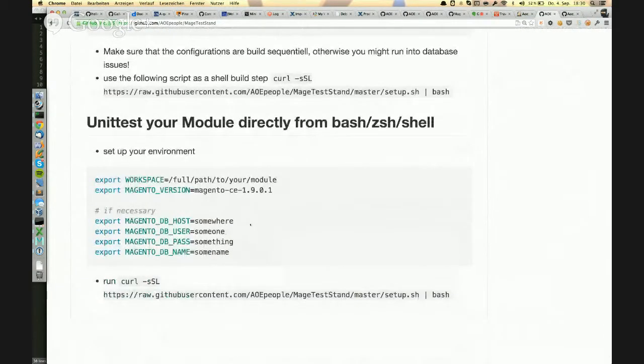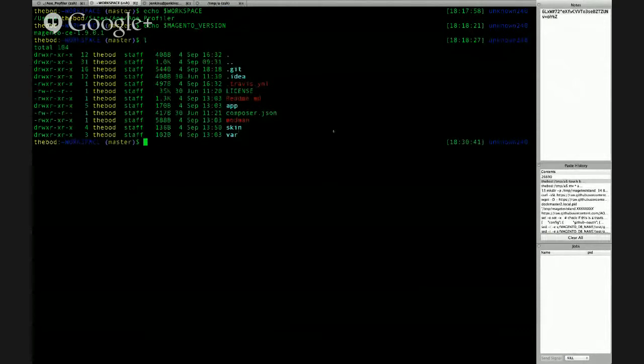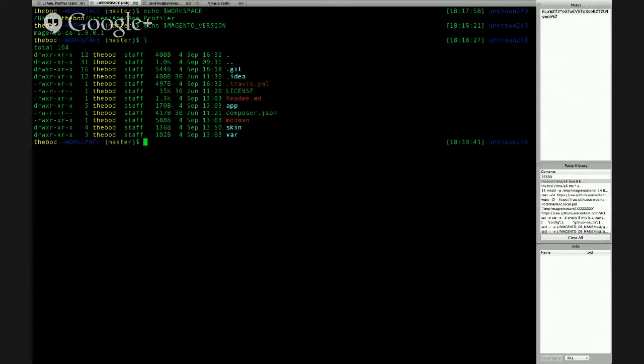And also something nice is you can unit test your modules directly on your local machine from your shell. So in this case here, I'm having the AOE profiler checked out locally. I've set the workspace environment variable to be on exactly this path. I set the Magento version environment variable to be Magento CE 1901. And if I now run this one-liner,